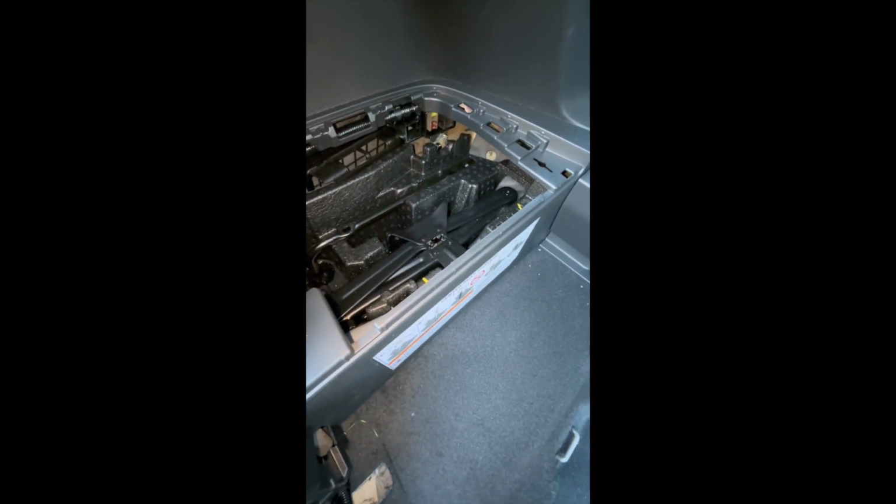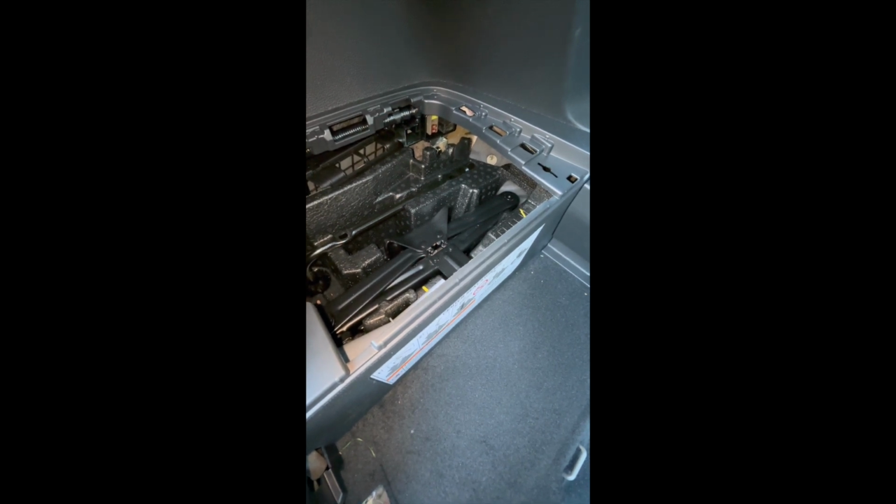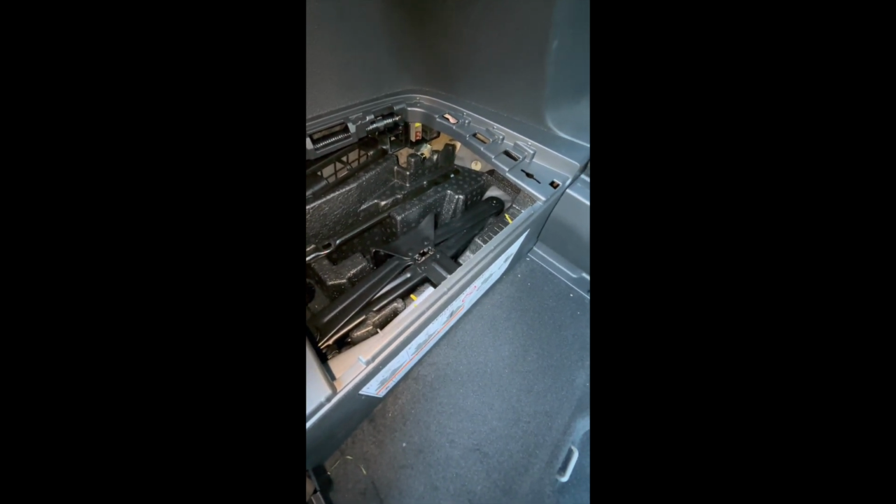Once you have that bracket installed, the next thing we're going to be doing is connecting the 16-pin connector on harness A into the connector that's already installed on the vehicle. The piece you're going to install it to is going to be about right here, behind here, but I'll dip in and let you see where exactly that is. So that's what you're going to be connecting. You can reach your hand back and you can feel it. All you're going to do is connect the male end of that connector into the female end that's already installed into the Pilot. Okay, now